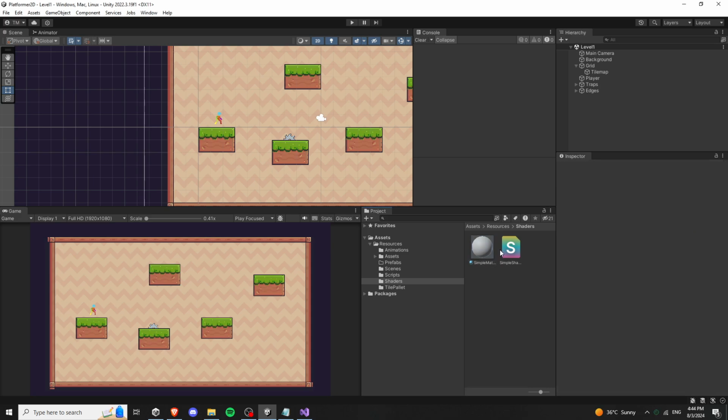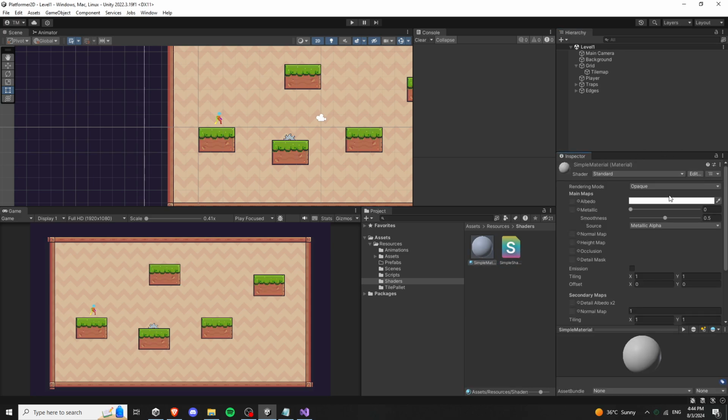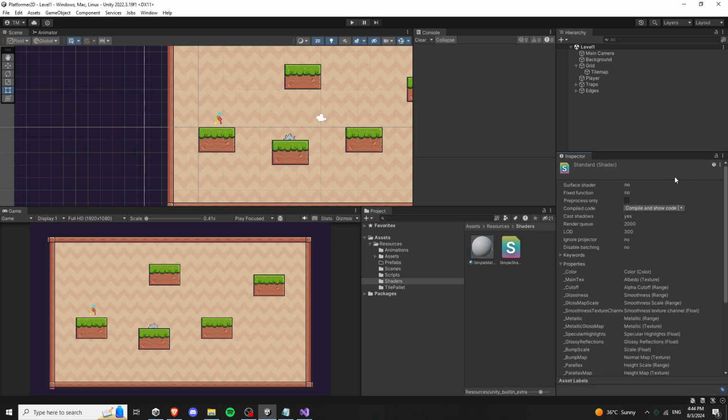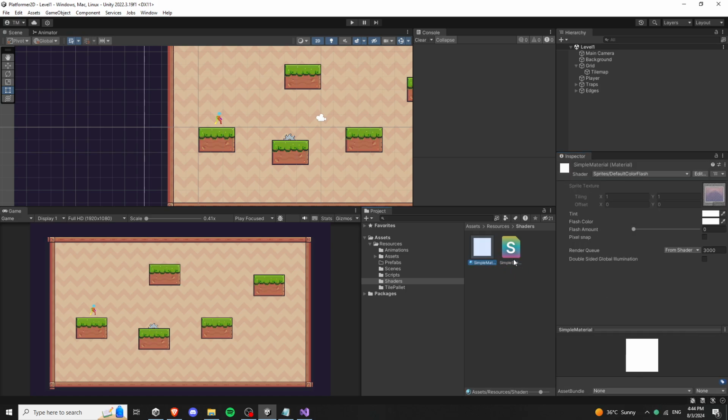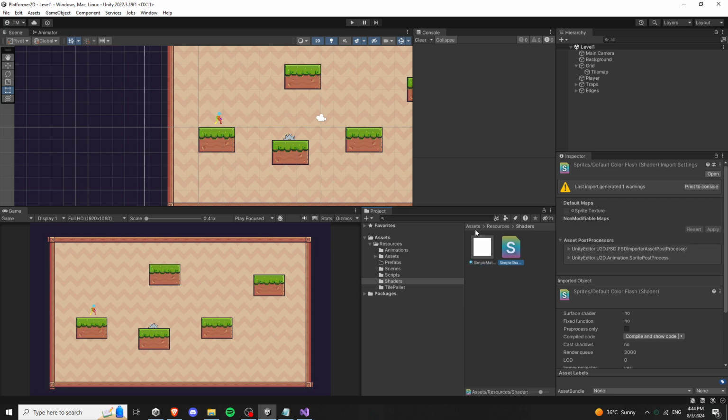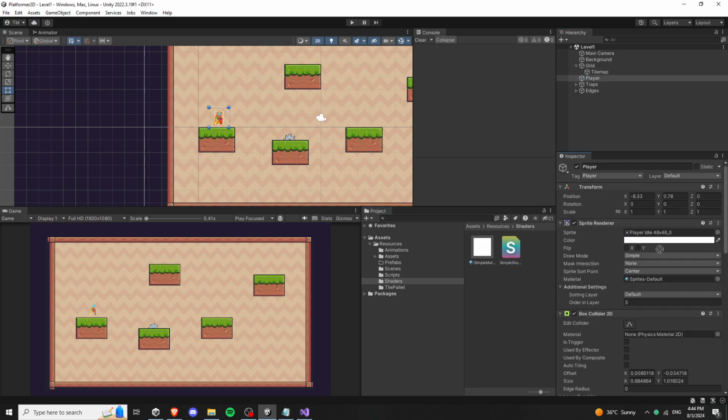Okay, like this, just drag and drop in the project panel. Then we go to the player, look for material, and add the material. And now we can modify a property of the material